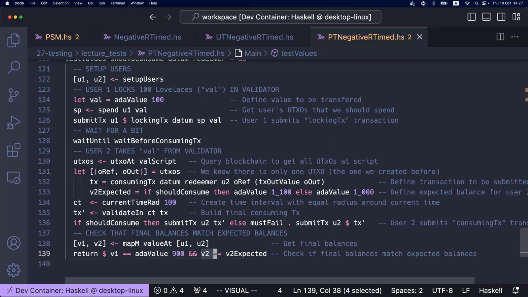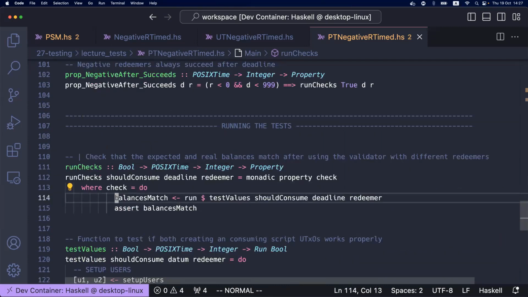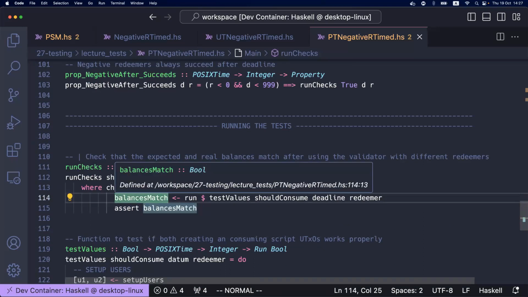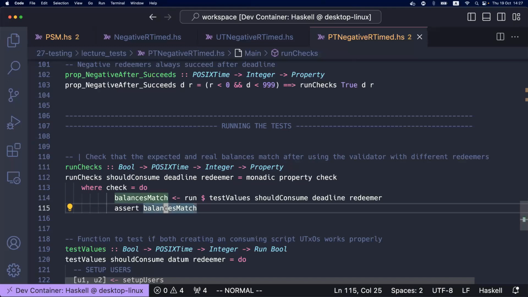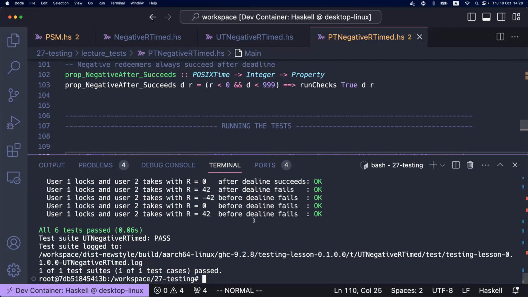But for user 2, the expected value is going to change depending on the actual parameters we're going to pass. And this is what we return right here. This balances match is the Boolean that we return right here, and we assert that it has to be true. And those are the checks. So if we run this,